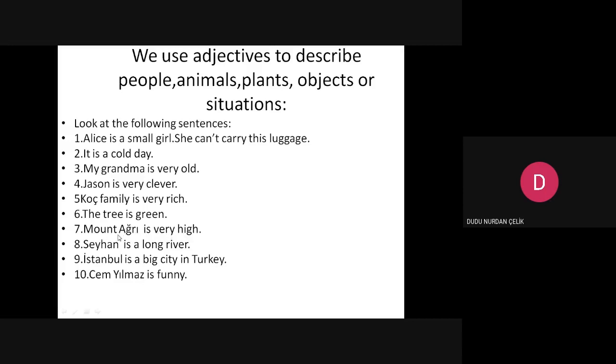We're describing the appearance of Mount Ağrı. High is an adjective. Seyhan is a long river. Long is an adjective. Istanbul is a big city in Turkey. Big is describing Istanbul city. Big is an adjective. And we are describing Cem Yılmaz here as funny. Cem Yılmaz is funny. Funny is an adjective.